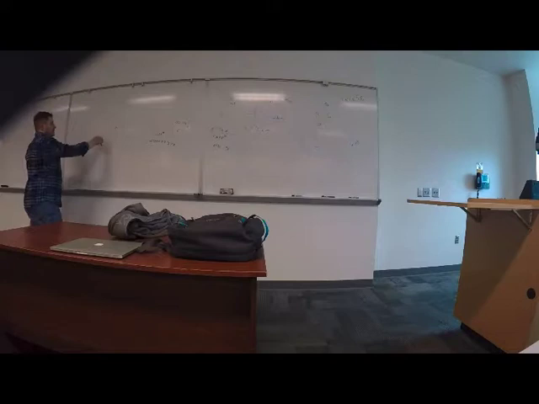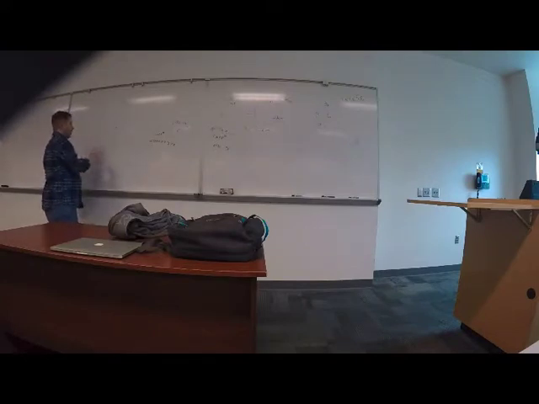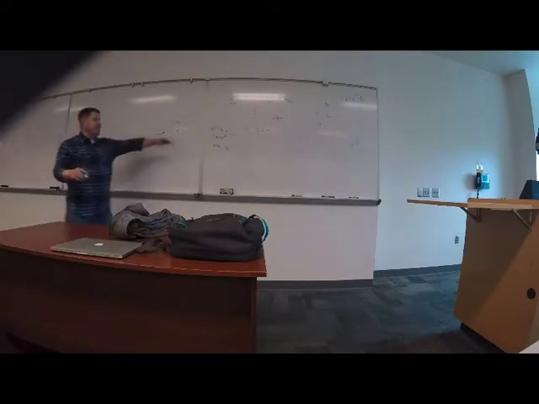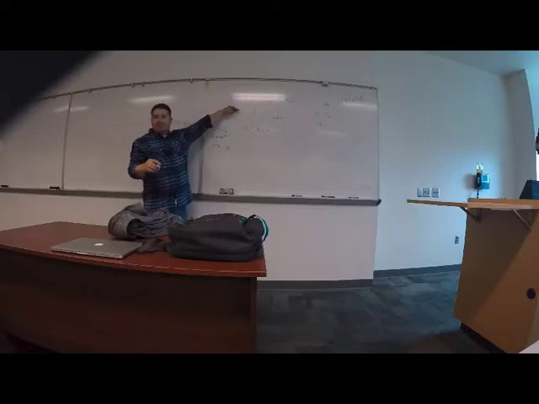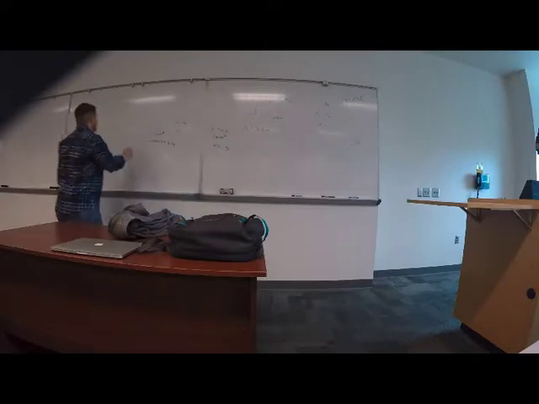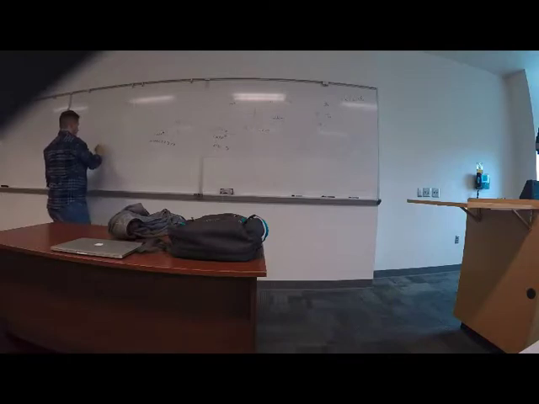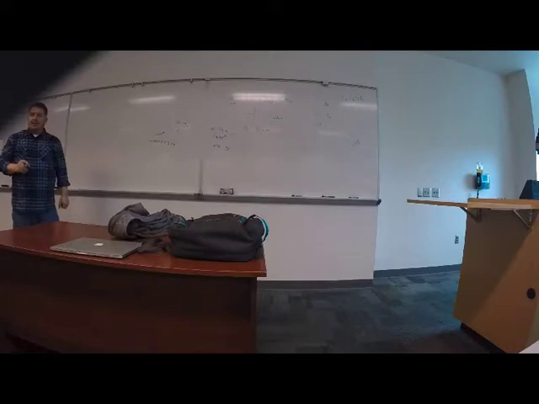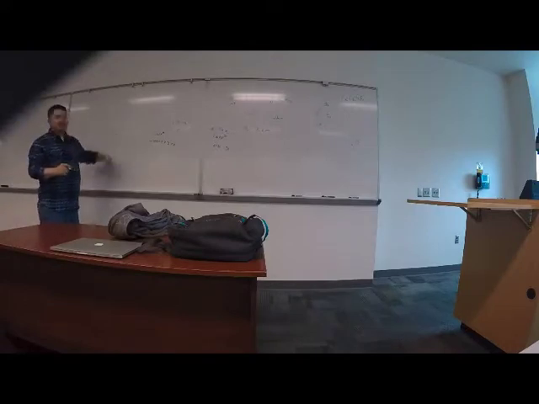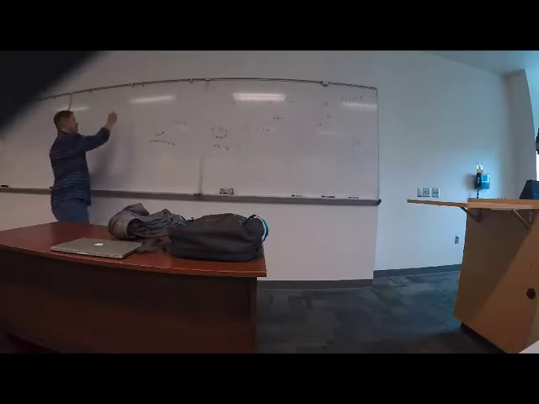So we have this diagram: A, B, and C. The maximum network length is 100 meters. So the furthest computer would be at 0, and this would be at 100. Even though there are some computers that are closer, to ensure that this works properly, to seize the line, this guy has to send a signal that travels all the way